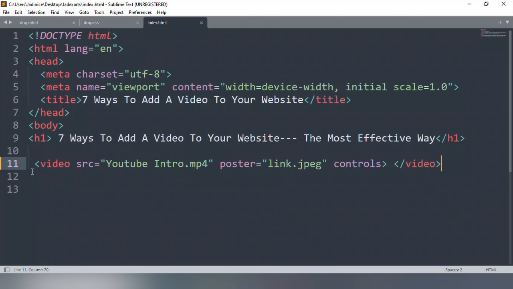And the source code is video source. You write the name of the video. The poster, you write the name of the poster. You add controls, although it's not everyone, but it's really nice to add it. It's user friendly to add the controls. Without the controls, there will be nothing for the person to click, and the person might get really upset. So there, you've learned a lot, and like I promised, in the next video I'm going to show you how to make some adjustments to the size so it doesn't take most of the page in your website.